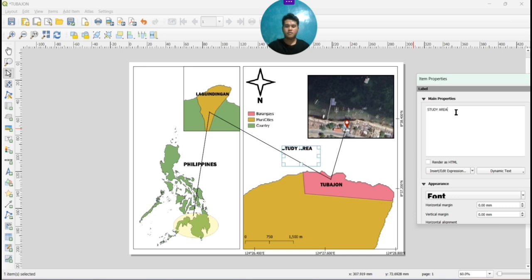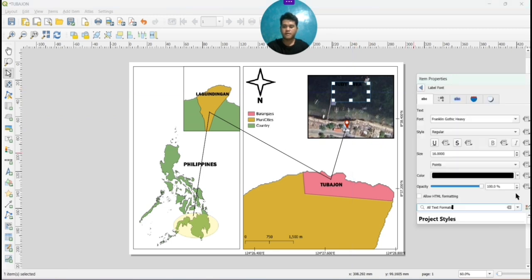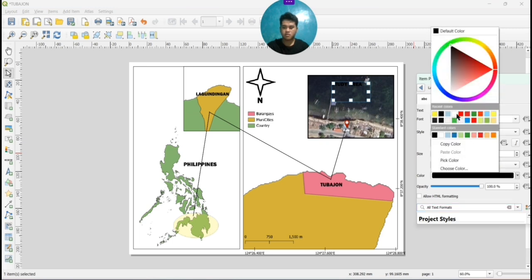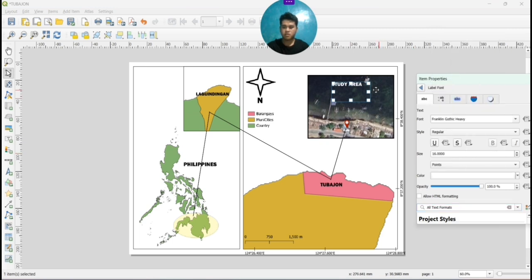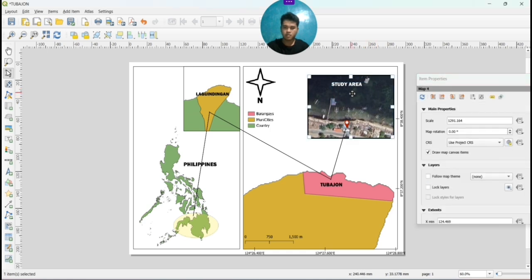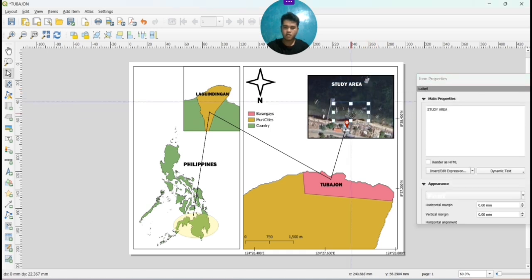And then let's move it here. That one, I just want to make some changes in the color. That's what our study area was, here in the red dot.